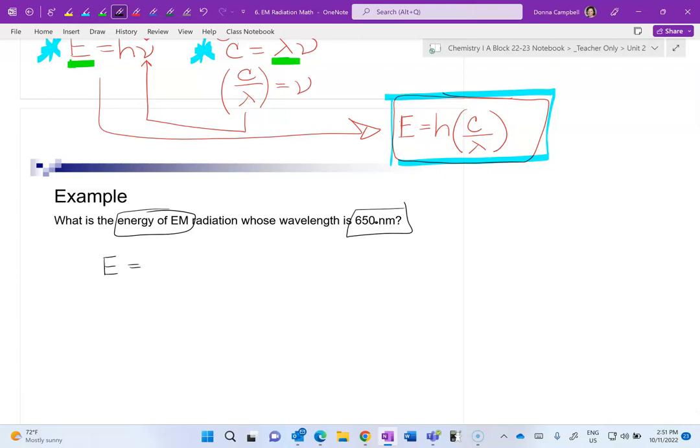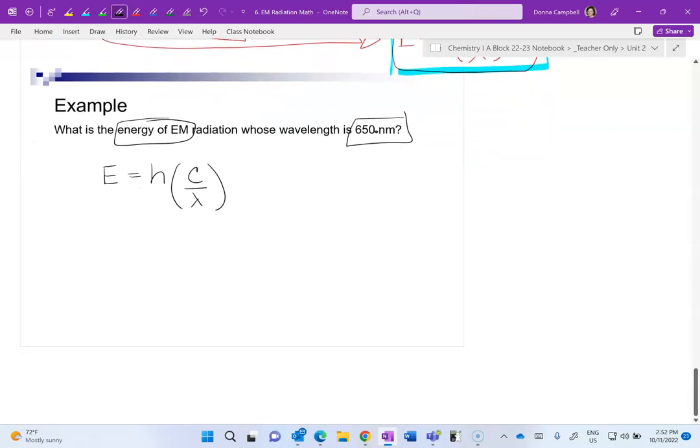Energy is equal to hc over lambda. You do not have to do the parentheses. It's actually hc divided by lambda, no parentheses, but I'm trying to keep it separate so you can see it. What is the energy? 6.626 times 10 to the negative 34, 3 times 10 to the 8, divided by